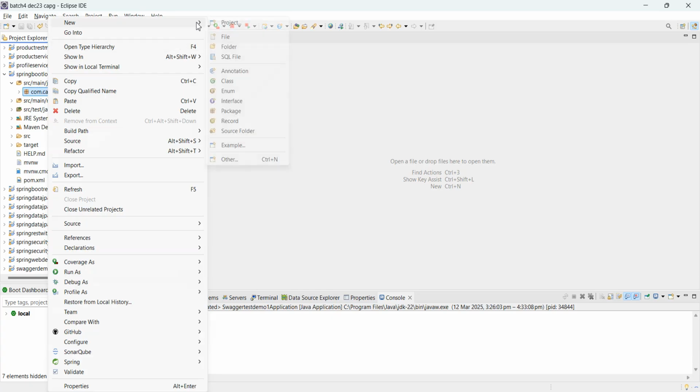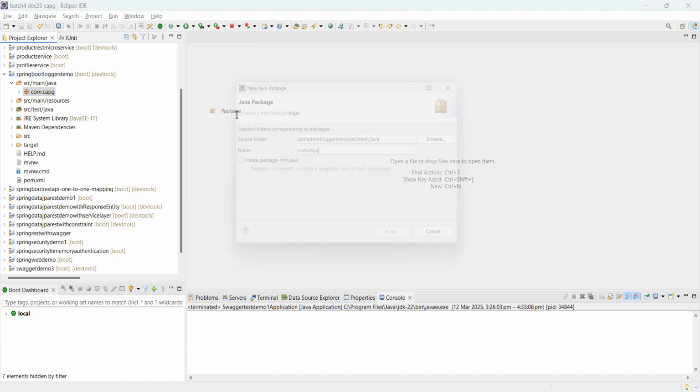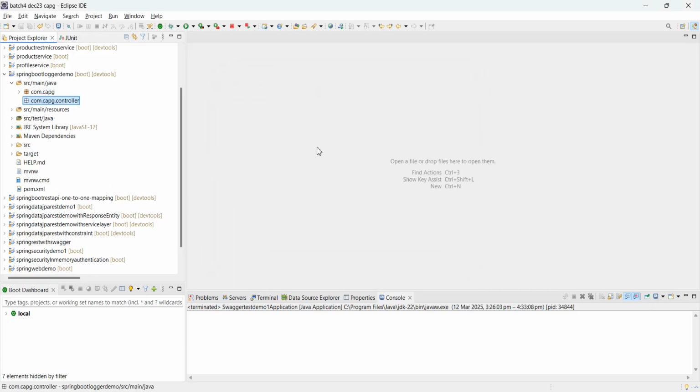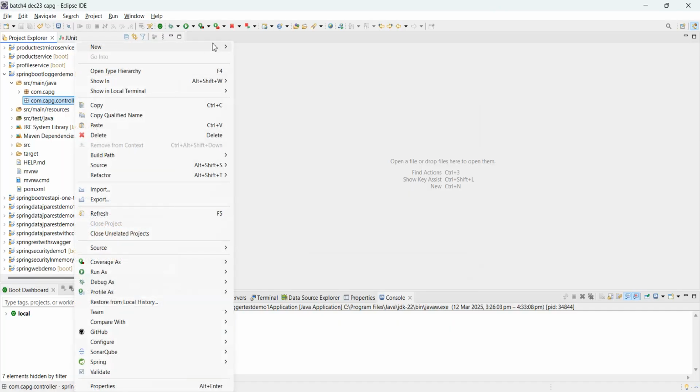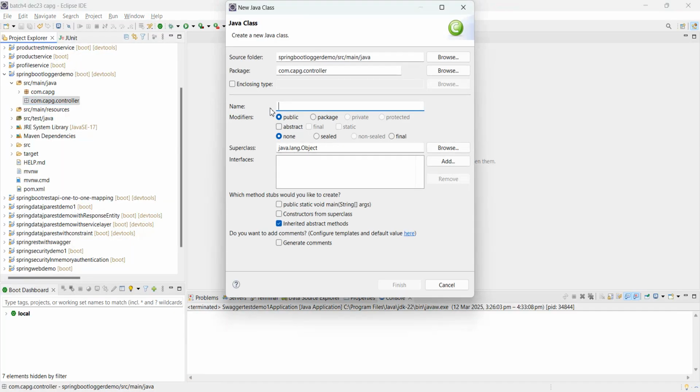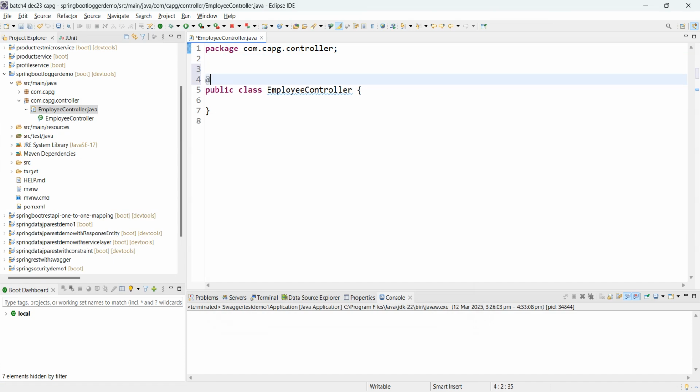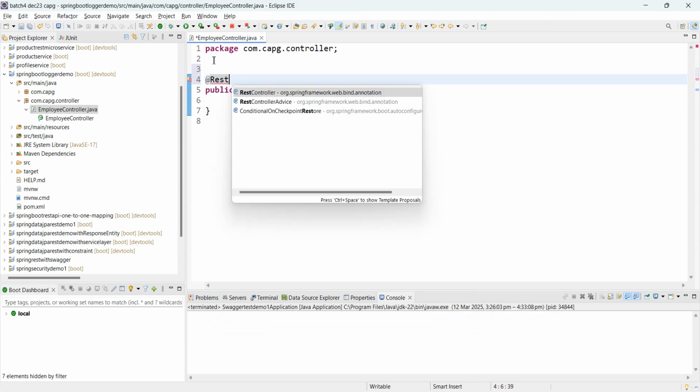So what I'll do, I'll create one controller class, com dot controller. Inside this I'll be creating an employee controller. I guess everyone might be aware, for a controller you need to mention @RestController.